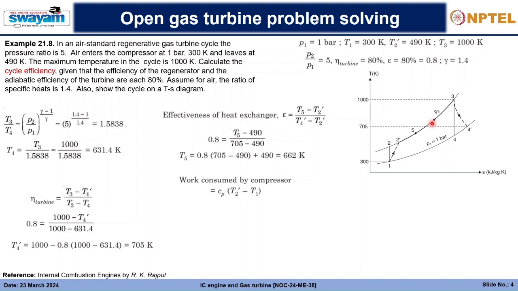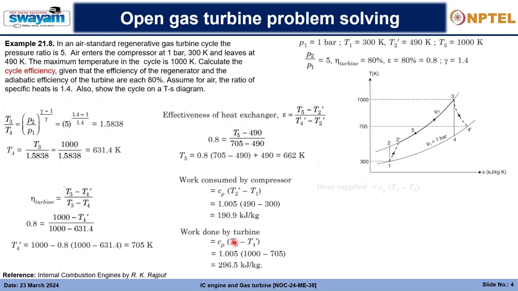So first, let us calculate the work consumed by the compressor. That is T2 dash minus T1, Cp times that, and that amounts to 190.9 kilojoule per kg. Then the work done by the turbine. So that is T3 minus T4 dash, times Cp, and accordingly we will get 296.5 kilojoule per kg. Next, the heat supplied will be T3 minus T5 times Cp, and here we will get